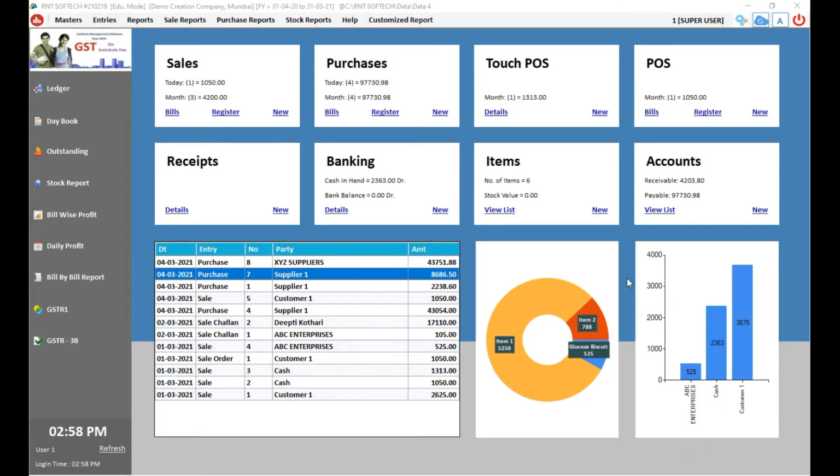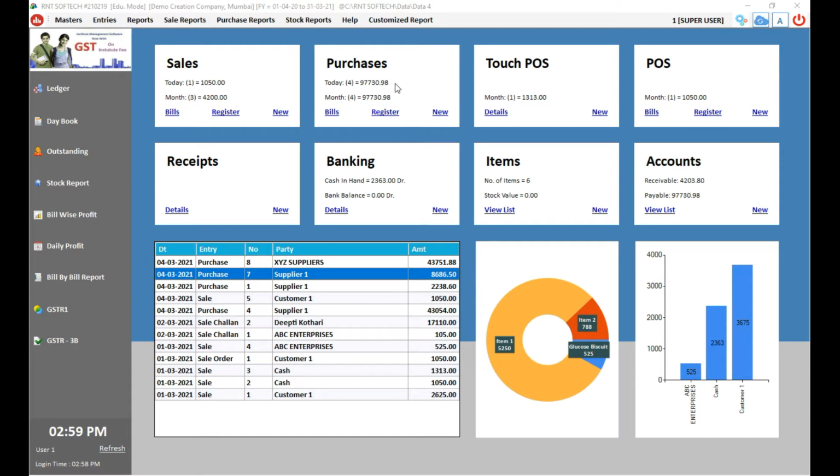Hi friends, in this video I want to show you how to create different types of purchases. By different types of purchases I mean that whenever you're adding prices for the items, it may be inclusive of taxes, it may be exclusive of taxes, or you have to enter it manually. All these three types, how you create in the purchase invoices. By entering the purchase invoices, I'm just going to show you.